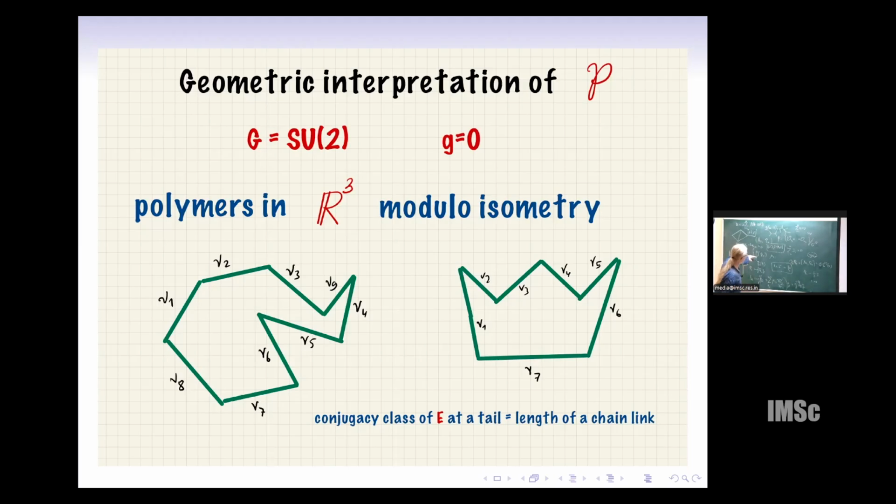At each tail sits the quadratic orbit of SU2, which is just a two-dimensional sphere. The spheres are characterized by one parameter, which I call nu, and they map to the actual real lengths of actual edges. So my phase space for this problem is just the space of polymers, whose sides are fixed,